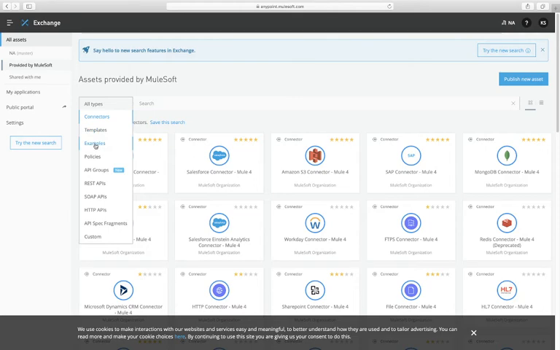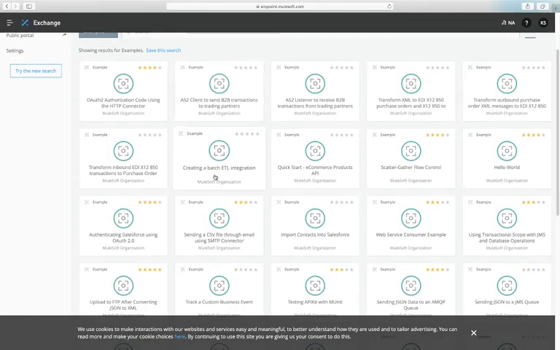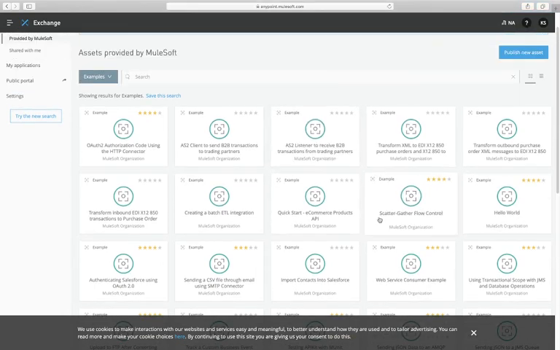You can see lots of examples also, like creating a batch ETL integration, scatter gather flow control, hello world. All these examples are available here. You can use any example for your learning purpose, or you can use it in your project also.